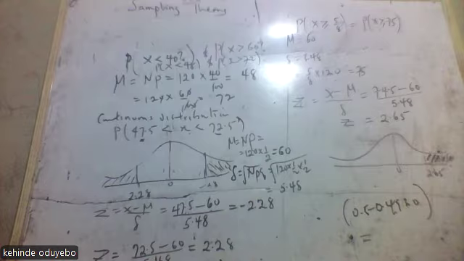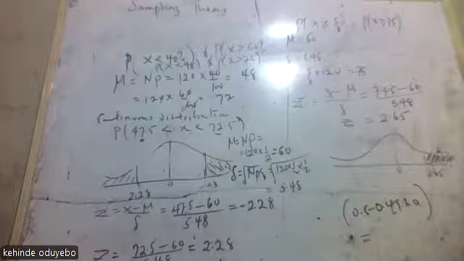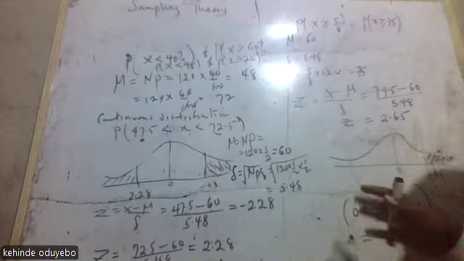So what's the value? 0.004, which is the same thing as when you use proportion. So this method now, I just imported this method for some